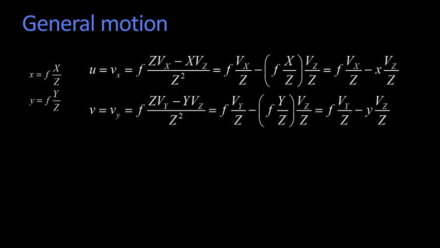Okay, that's x and y, but what about how x and y are changing given how the points are moving, given the v in the world? Well, it turns out that's pretty easy. We're going to call little u and little v here the velocity in x and the velocity in y. So these are just the derivatives in time. So this is how things are changed. So u is the velocity in x, dx dt, v is dy dt. All right? Well, so to take the derivative of x with respect to something, in this case time, right? How it's moving. Well, you remember the formula for the derivative